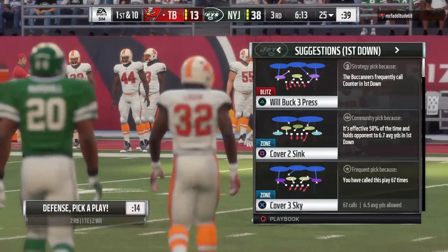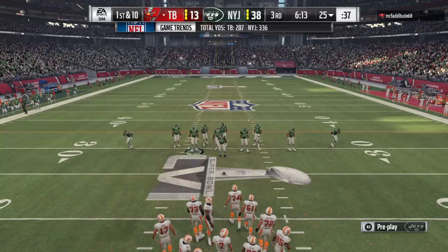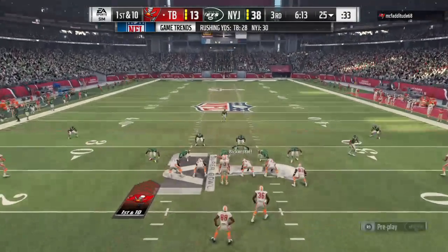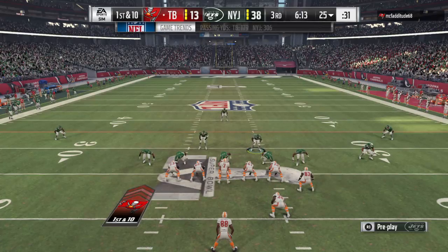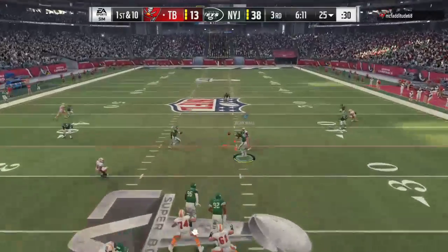And Tampa Bay trots out there now. They have been struggling. I would imagine at halftime they went through some possible changes. Well, those changes aren't working, so now where do you go? I think that now it's much more in their head. And what I mean by that is just...